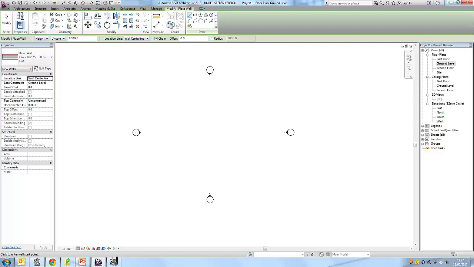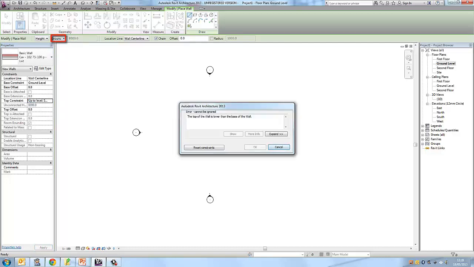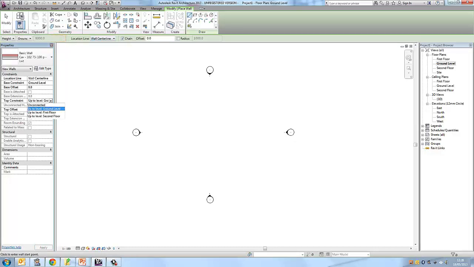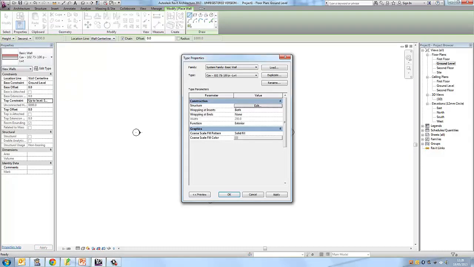So we want to place a wall which goes up to, well, the constraint, we want it to go through first floor to the top, second. Okay, so you want to go through first floor to the second. Also, you can do that up here by clicking ground floor or second. So yeah. Anyways, now